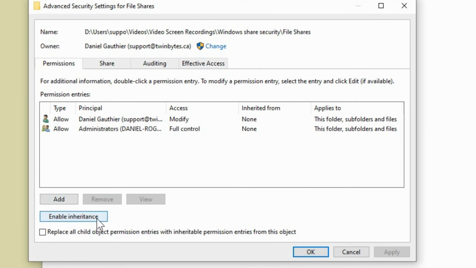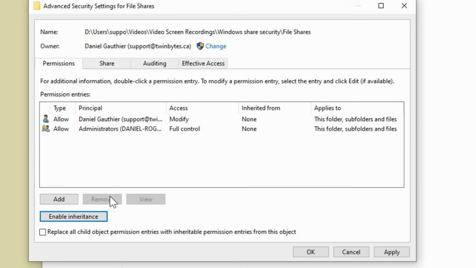So if we wanted to inherit the permissions from the folder above, you would click Enable Inheritance, and it would inherit all the permissions from above, which would take away everything we just did. But if you're doing a subfolder, it would have the enable on. So we'd have to disable inheritance before we can make any changes.